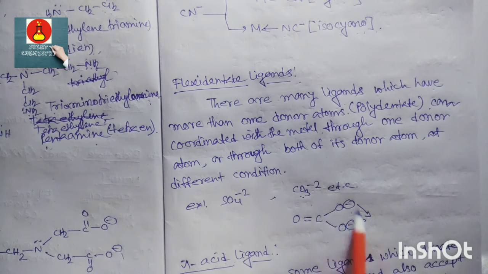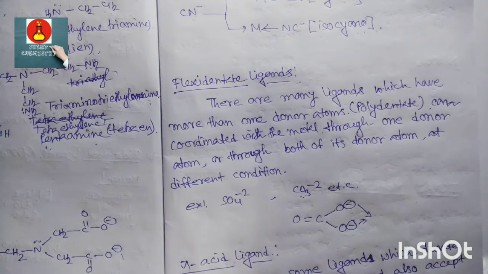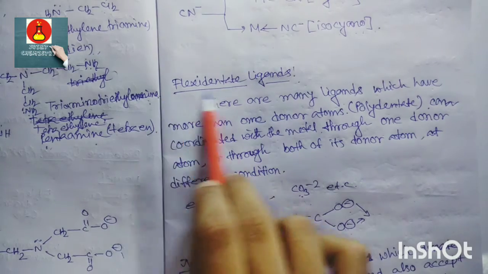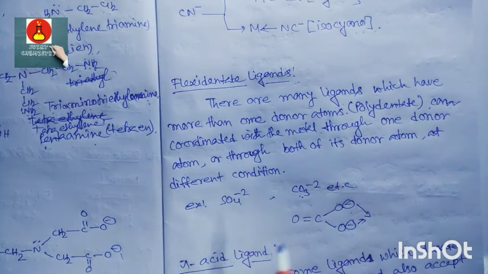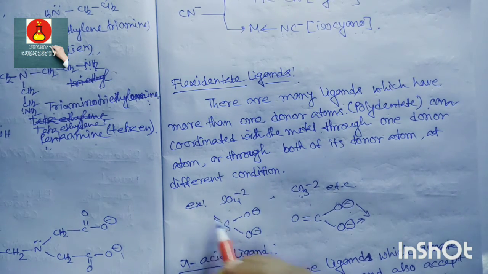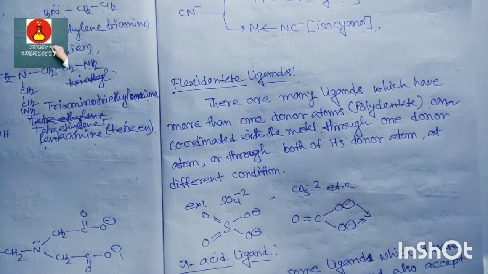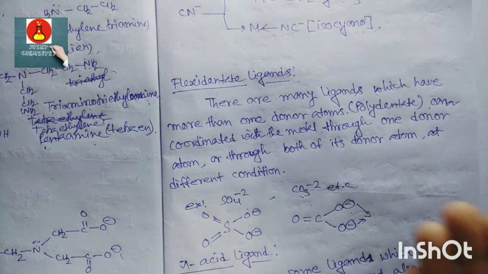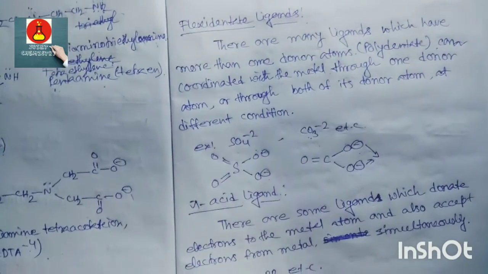Due to this kind of flexibility, it can change its denticity, or number of donor sites. That's why it is known as a flexidentate ligand. Same for SO4 2 minus. If we draw the structure, this is the structure of SO4 2 minus. It also contains two oxygen donor sites, so it can change its denticity. That's why it is known as a flexidentate ligand. Now there is a